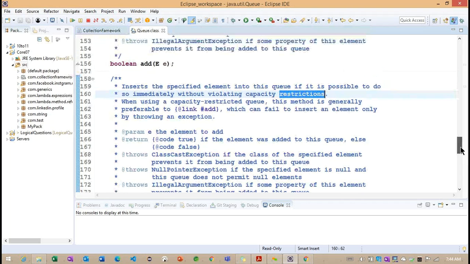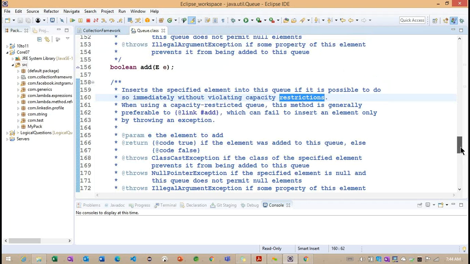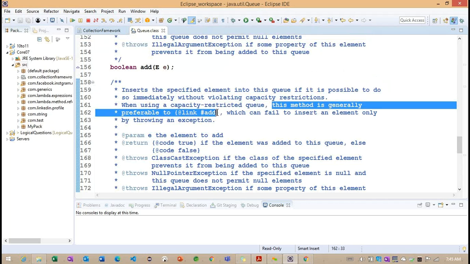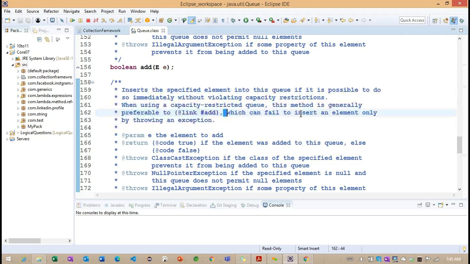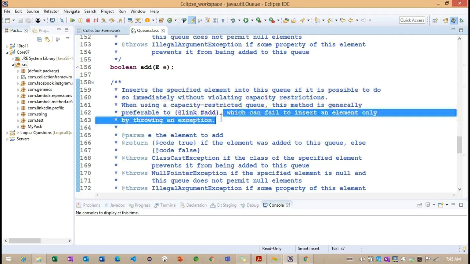Now you can see this method is generally preferable to the add method, but it can fail to insert the element only when throwing an exception.